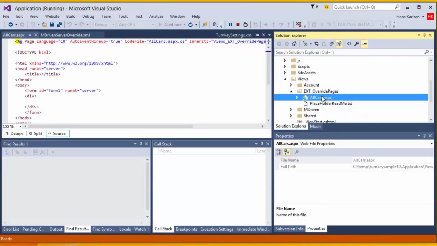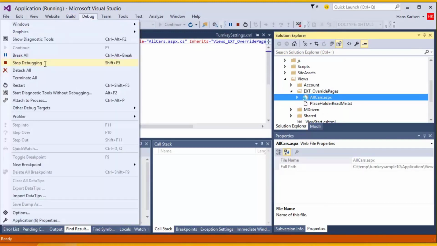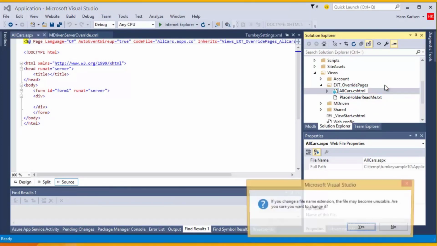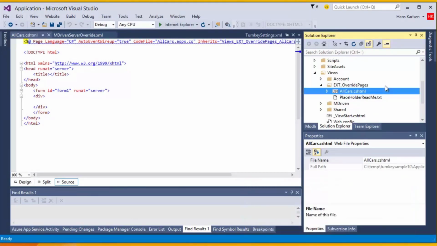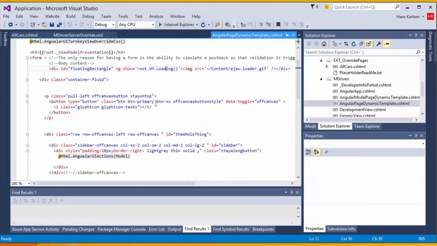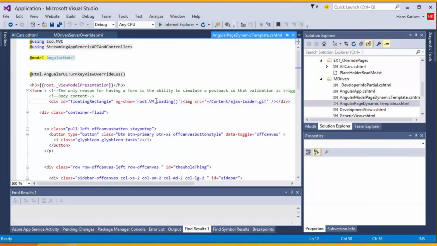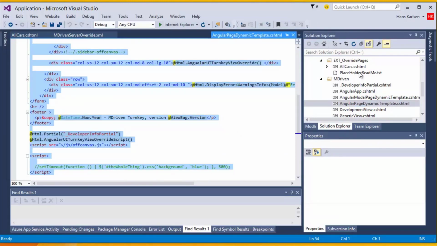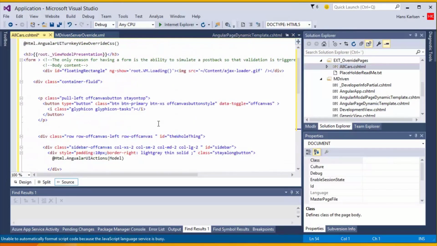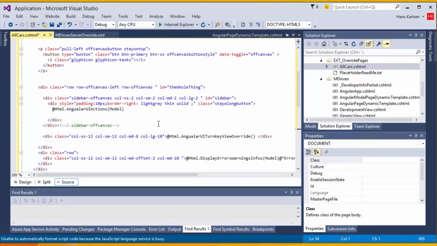Oops, that's not correct. I'm gonna just stop debug, and then it's a CS HTML file like that, and the content of this is really up to me, but to start I'm gonna use the exact same as is in the default file, the Angular page dynamic template. So I'm just gonna copy all that and paste it in,